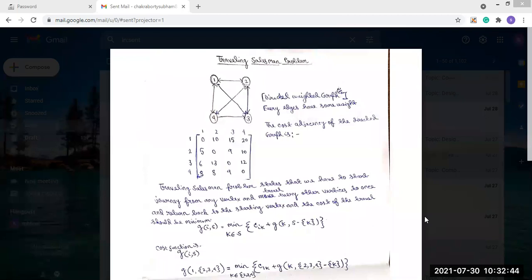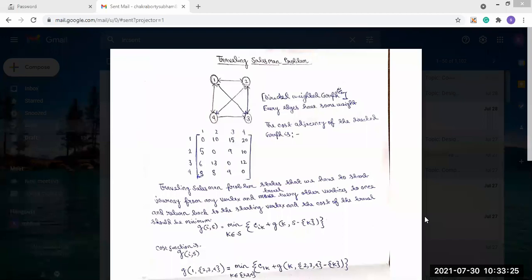Now, what is this traveling salesman problem basically? This is a problem on a graph. In this problem, what do we have to do? It says that a salesman is present. The traveling salesman problem says that a salesman has to cover all the cities. After covering all the cities, he has to sell the product. He has to cover all the cities, but only once. He can cover a city only once.